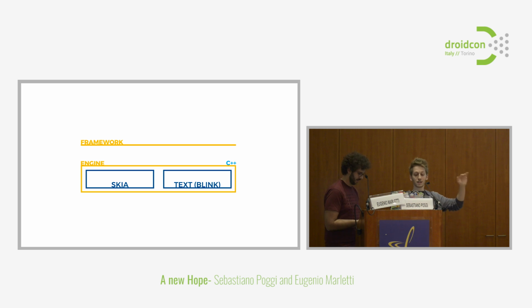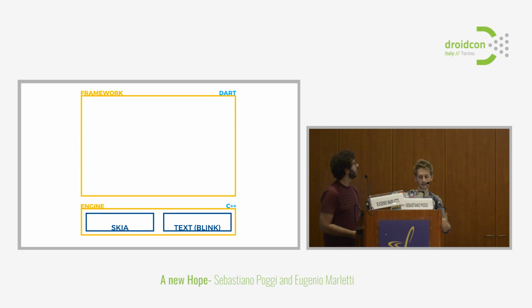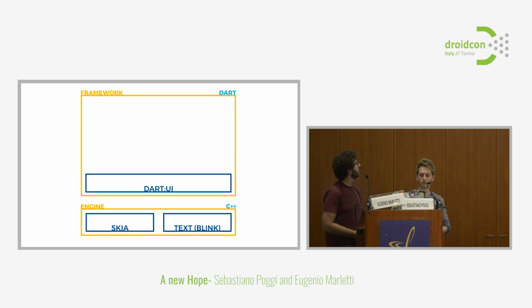So, okay, what this gives you is the very first layer of the framework. So the framework is written in Dart. And at the lowest level, you have Dart UI. Dart UI is like a canvas. So imagine that you wanted to write an entire app just with Dart UI. You could, first of all, it's supported. And what you would get is one big canvas. So no activities, no views, no nothing, just one canvas. And you can draw directly there and control pretty much everything you want.